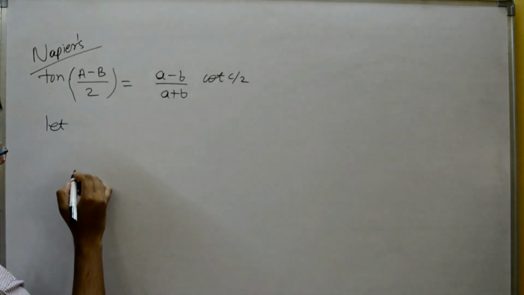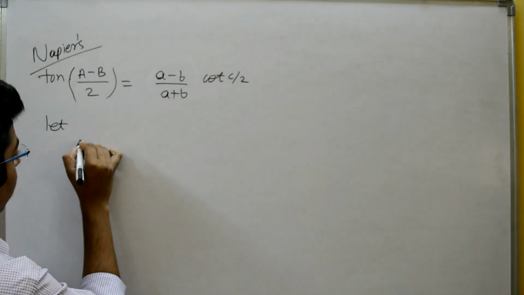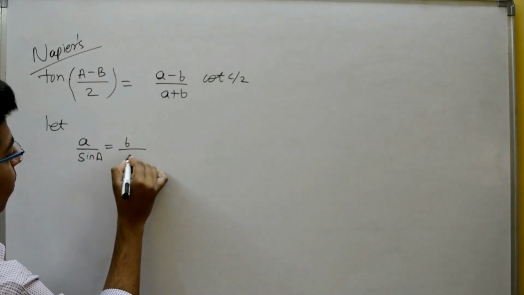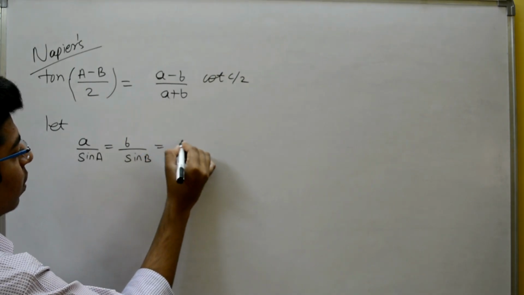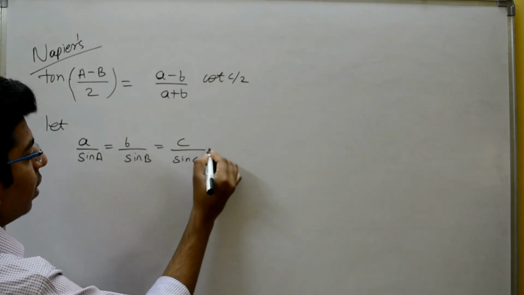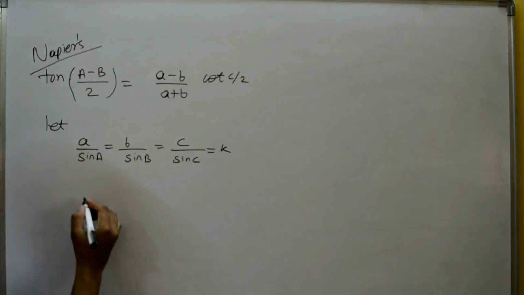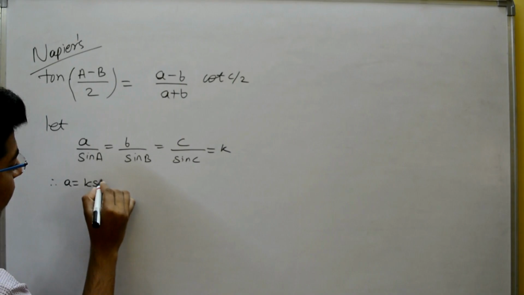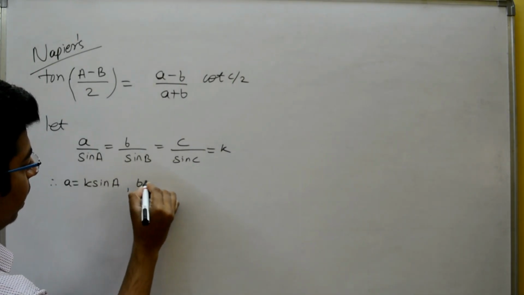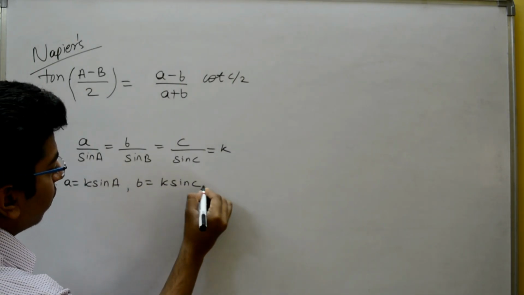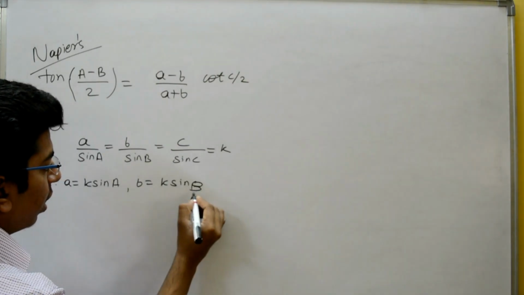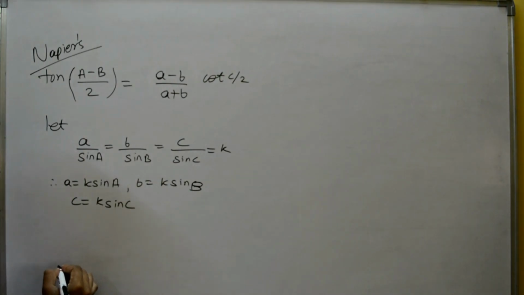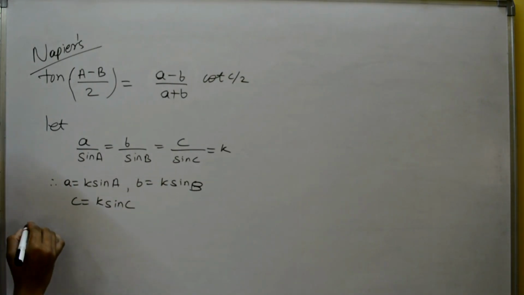starting from, according to the sine rule, a upon sine A is equal to b upon sine B is equal to c upon sine C. Let us say it is k. Therefore, a is equal to k sine A, b is equal to k sine B, and c is equal to k sine C. Okay. Now consider